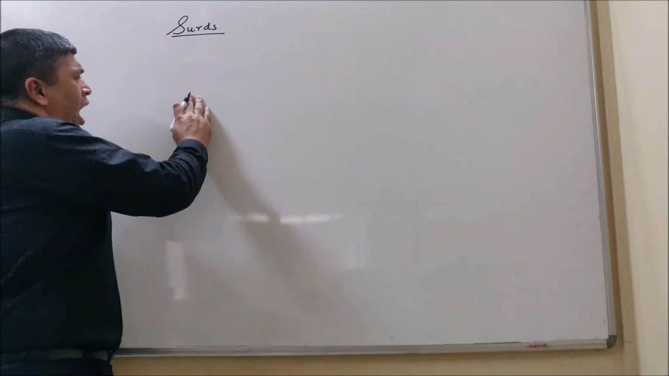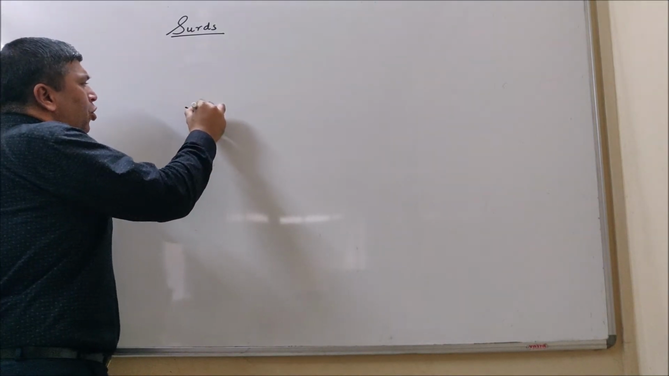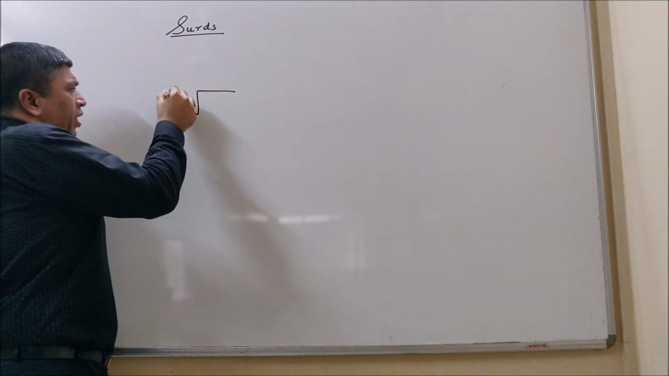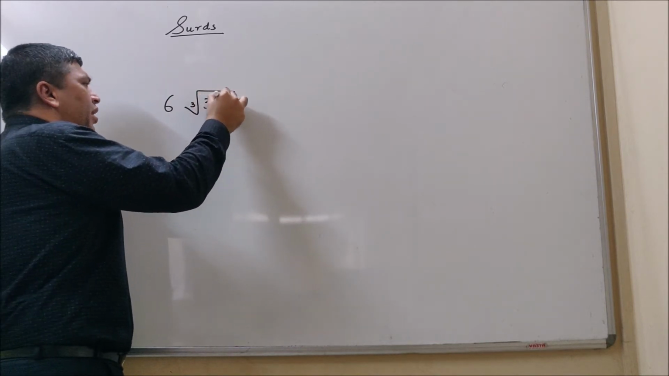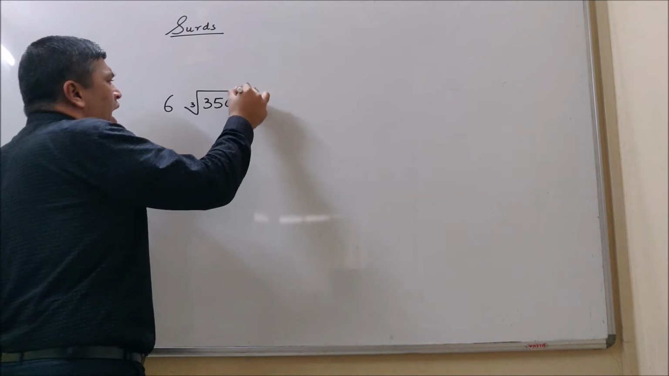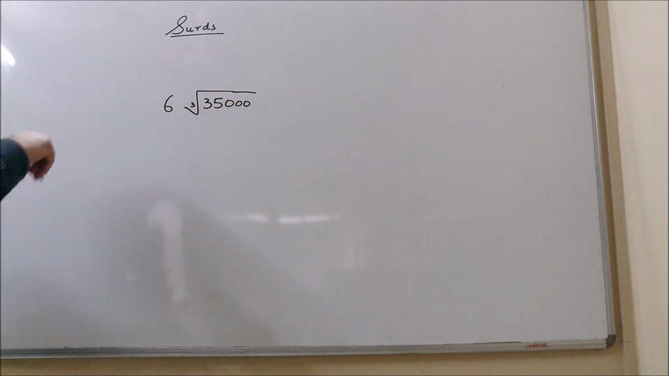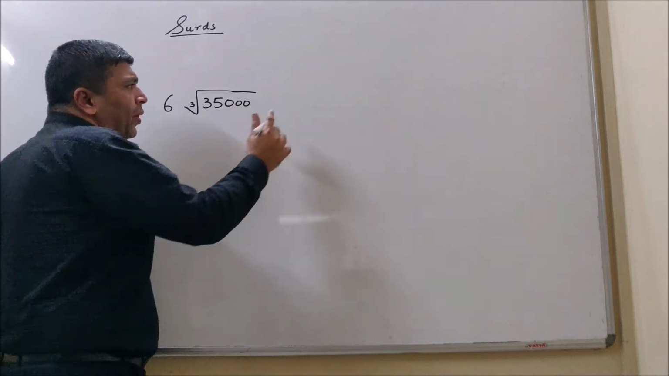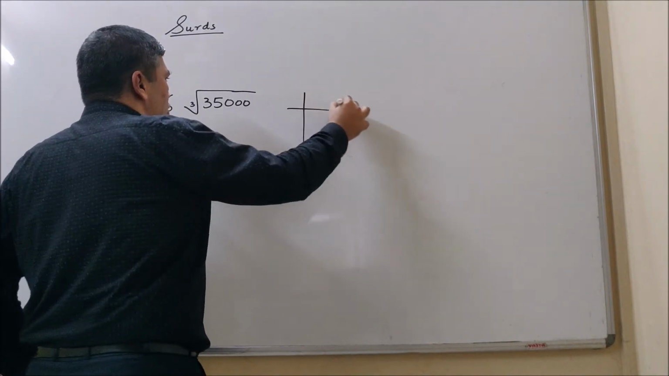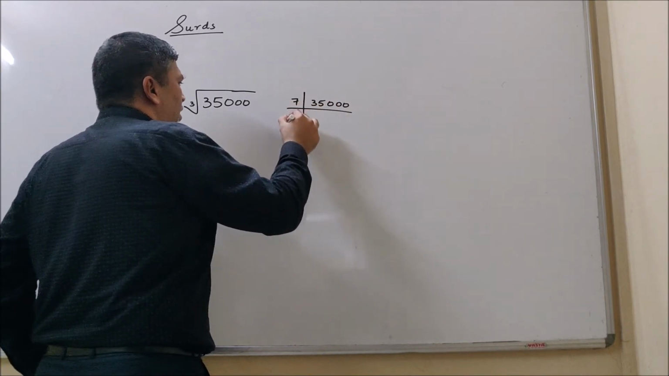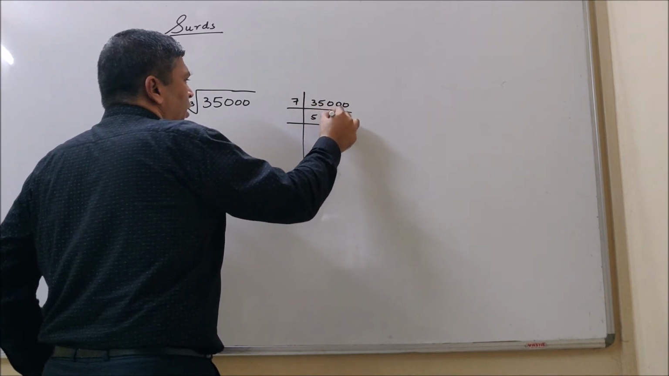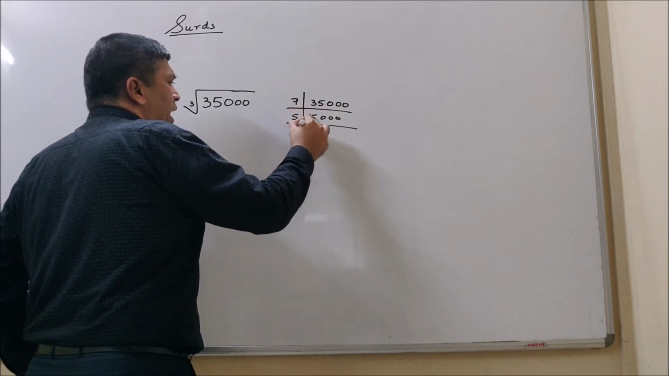Okay, I want to find the cube root, and there's a number out here, let's say 6. And out here, let's take a number 35,000. And I want to simplify this. I want to simplify and write it in the best possible way. Simple, just do the prime factorization of 35,000. Let's say 7, 5,